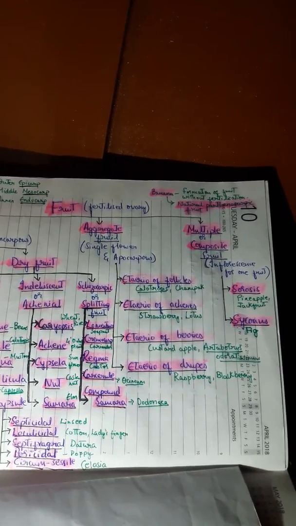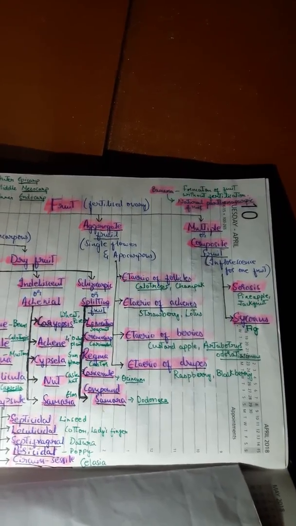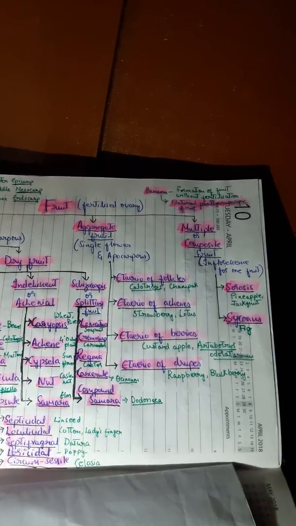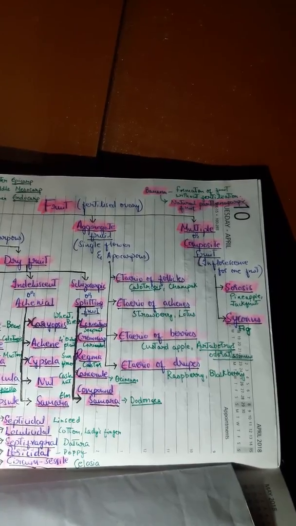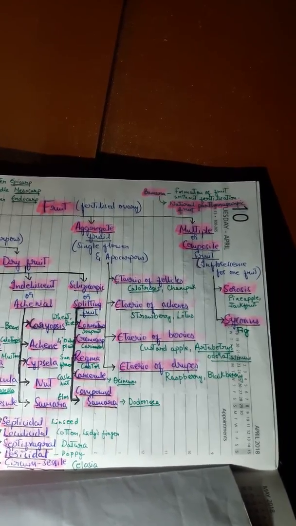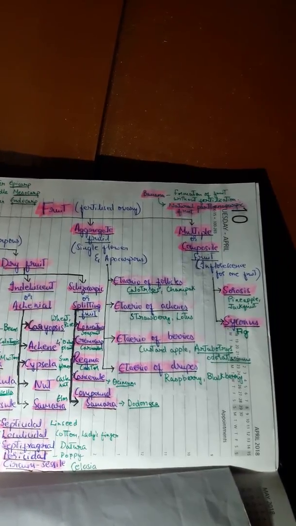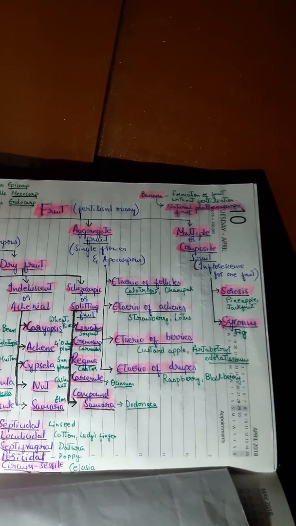Now the last variety of fruits are multiple or composite fruits. So here the inflorescence itself functions as a single fruit. They are of two types, sorosis and syconus. Sorosis is noticed in pineapple and jackfruit. So pineapple is an entire inflorescence which has formed a fruit-like structure. In jackfruit we notice the